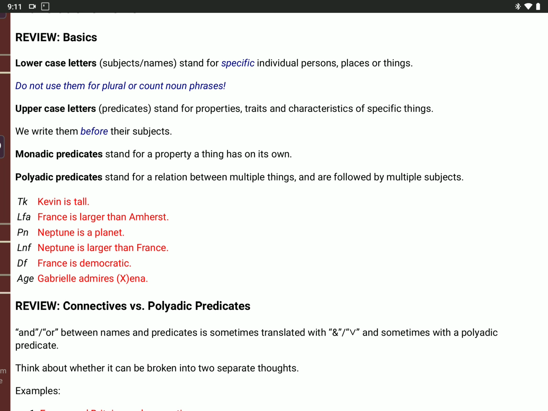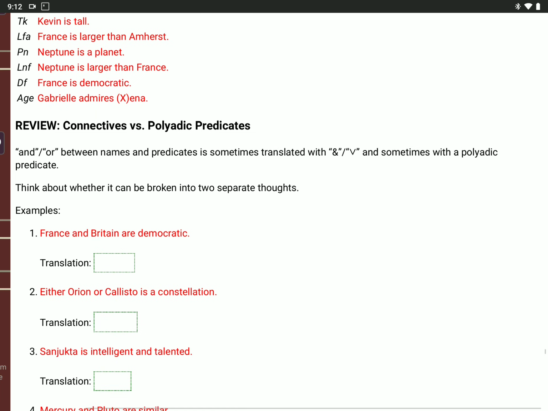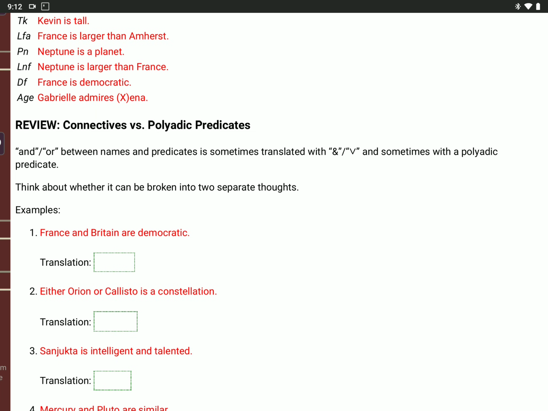So we can have more complicated statements. You can have and between names. You can have and between adjectives or predicates. And sometimes we translate those with the ampersand sign or the wedge sign. And sometimes we use a polyadic predicate instead. Now, it depends upon whether the statement can be broken up into two separate thoughts. So when it can be broken up into two separate thoughts, we reword the entire statement so we have and